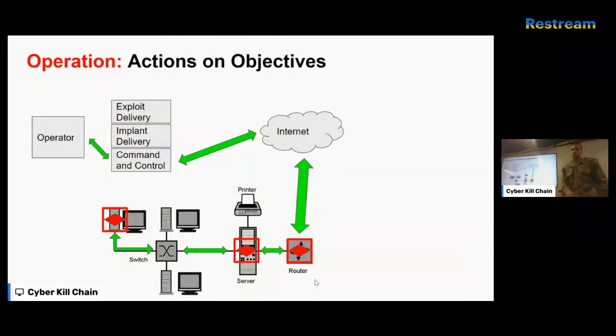And then here we see the actions on objective, right? So we got a command and control on this server, and now we're doing it on the rest of these. And then here we're hitting actions on objective. So we got to the server, but that's not always the most useful thing. Sometimes we want a box that's sitting over here because this does something specific. This runs their web browser, or this is their database or something like that, you know? Whereas this might just be the brains of the whole network.